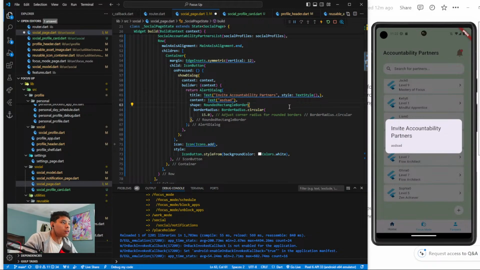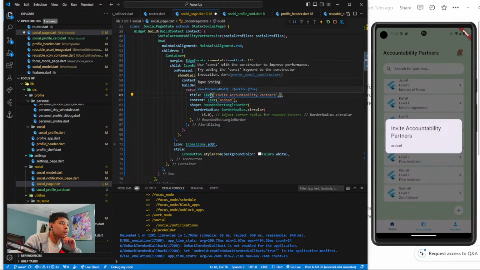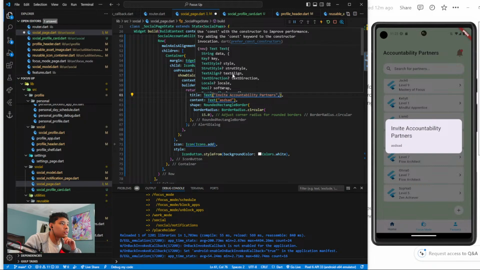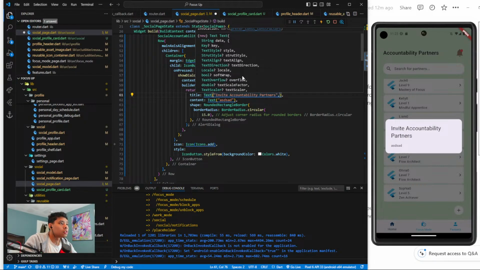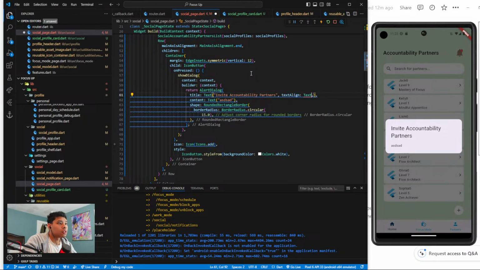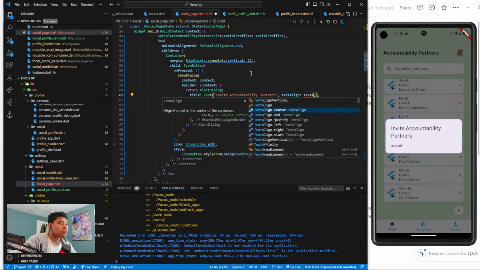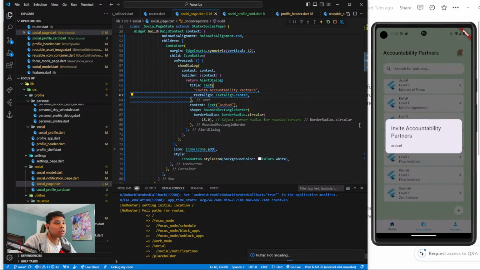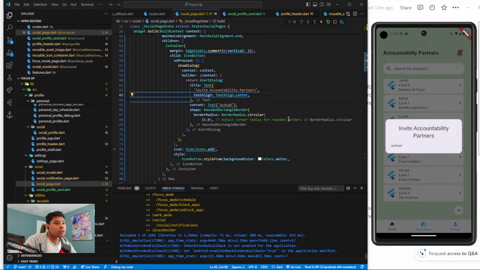Okay, text style doesn't do that for me. Text direction. Text align, right? Center. And then